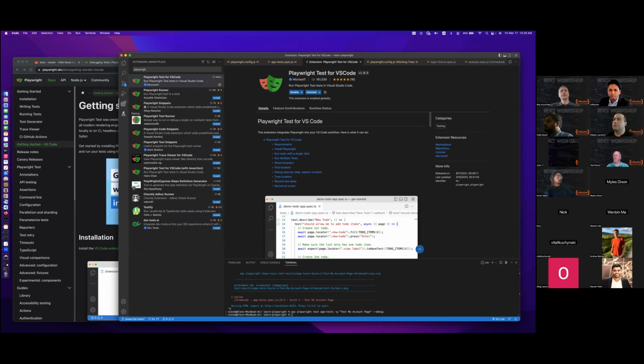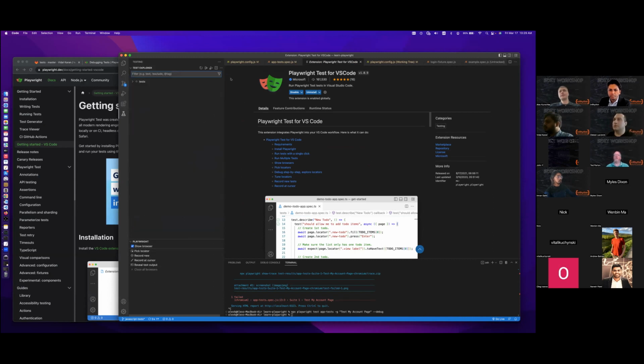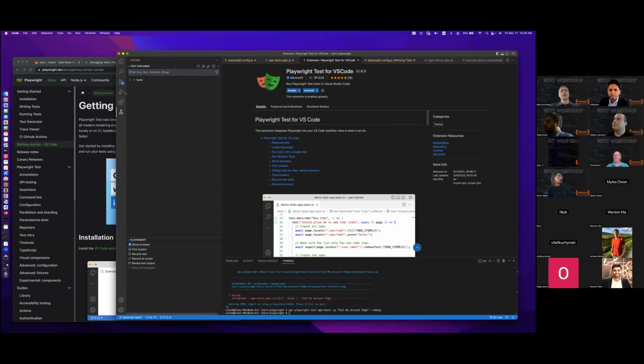Then you get this testing tab, where the extension reads all your tests in the folder. It's the default folder in our framework where you have tests, and it scans the folder and sees all your tests.